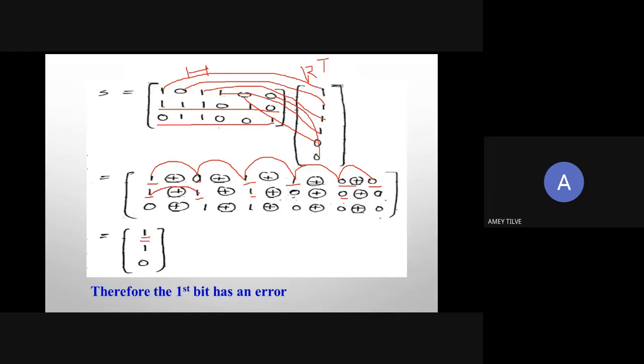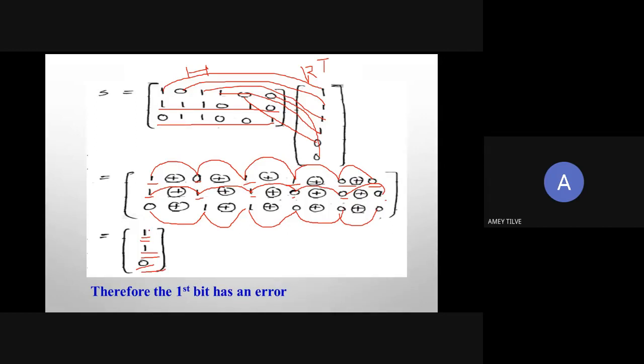For the second, 1 XORed with 1 is 0. 0 XORed with 1 is 1. 1 XORed with 0 is 1, and again 1, and again 1. So I'm getting the answer as 1. For the third, 0 XORed with 1 is 1. 1 XORed with 1 is 0. 0 XORed with 0 is 0, and again 0, and again 0. Your answer is